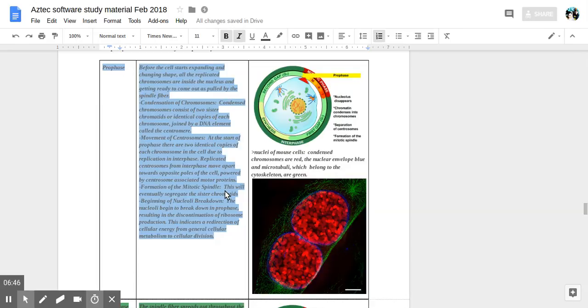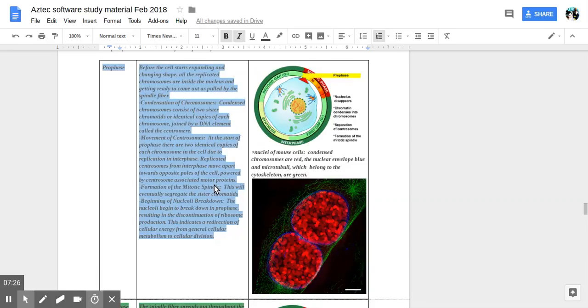inside the nucleus in prophase, so they are getting ready to come out as they will be pulled by the spindle fiber. Condensation of chromosomes occurs. So when you condense chromosomes, you replicate them and condense them. So then you end up with two sister chromatids, which are two identical copies of each chromosome joined by a DNA element called the centromere, which is a protein